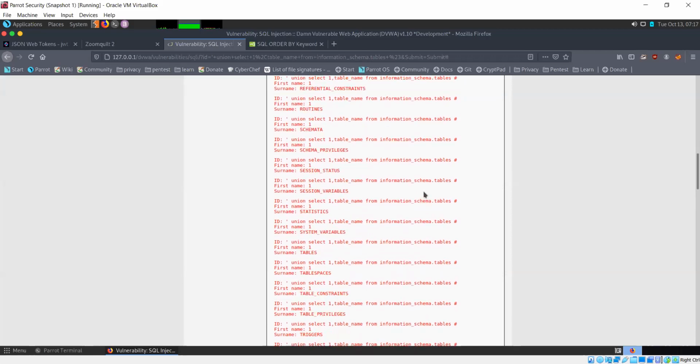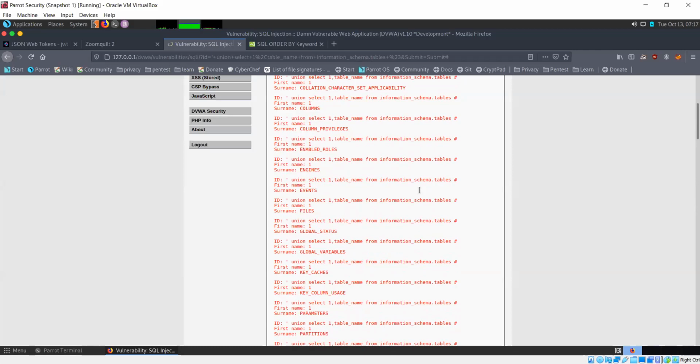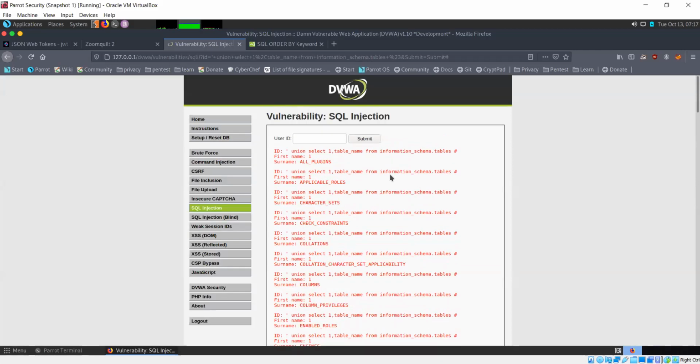Make sure you do spend some time with this, practice this on DVWA, see what kind of commands you run, get familiar with those. And of course I have still a bit of SQL injection to cover, but do practice this, because this is a very important topic that you should know about, both from an ethical hacking point of view as well as from the exam point of view if you are appearing for the certification.